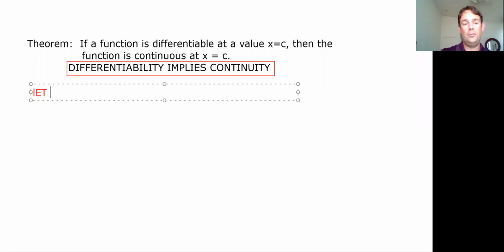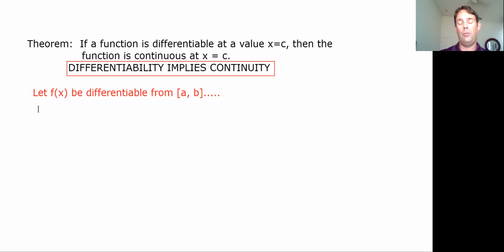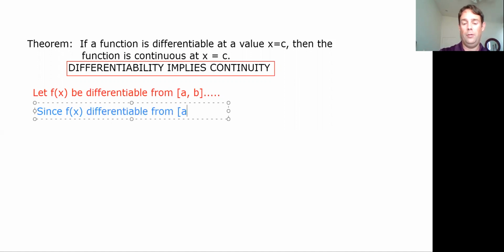They'll say, let f of x be differentiable from, and they'll give you some domain, A to B, whatever, it doesn't matter. And then they're going to go on and tell you a whole bunch of other things. Well, the very first thing you're going to do before you even start to solve the problem, as soon as you see that it's differentiable, you're going to say, all right, since f of x is differentiable from A to B,